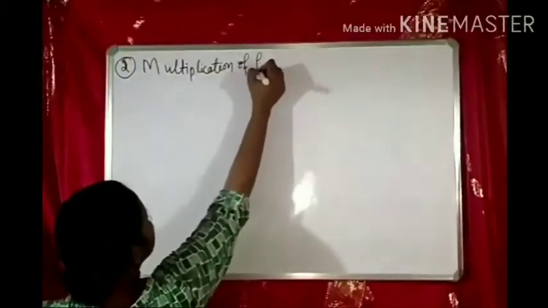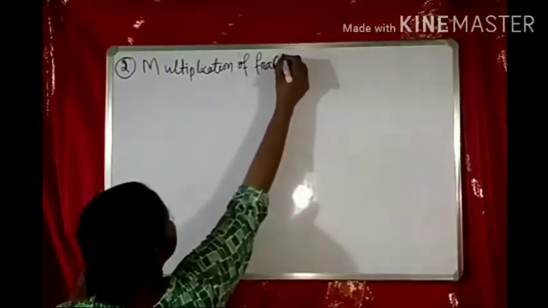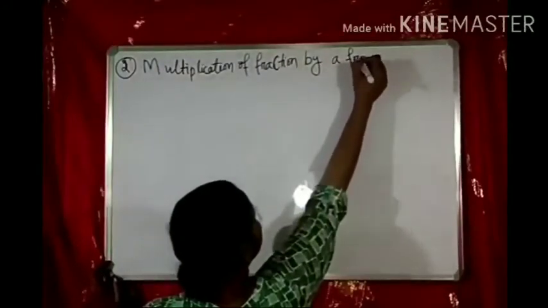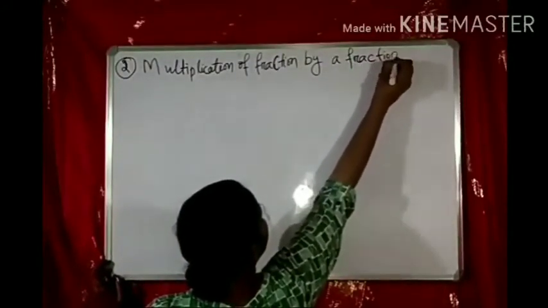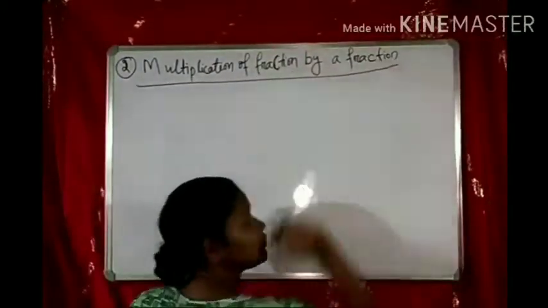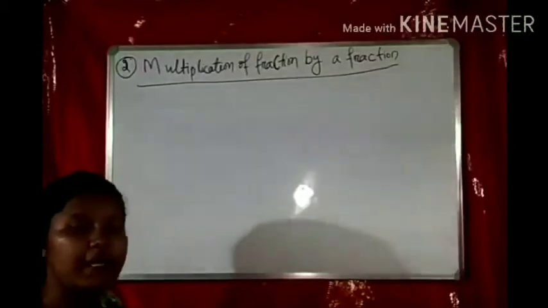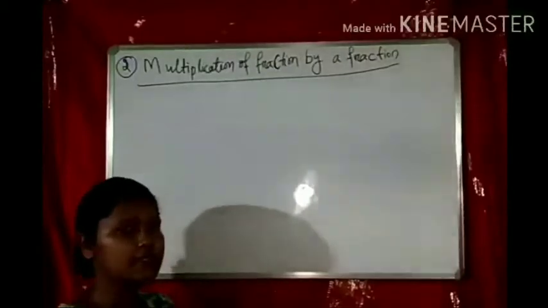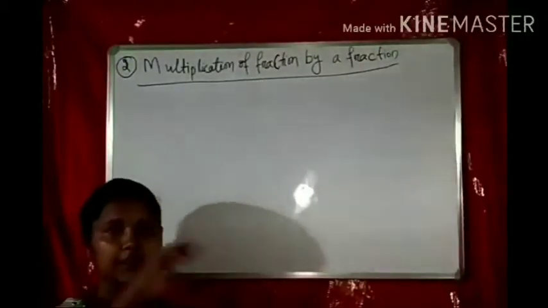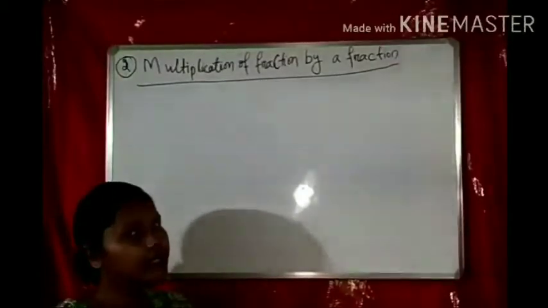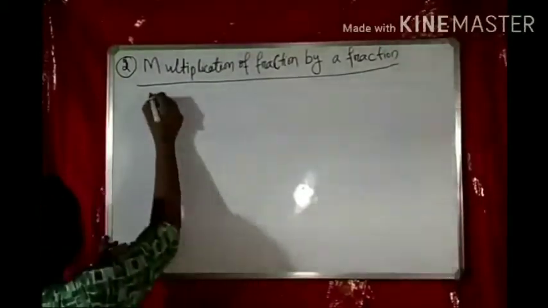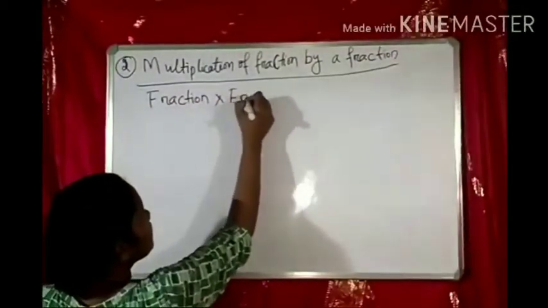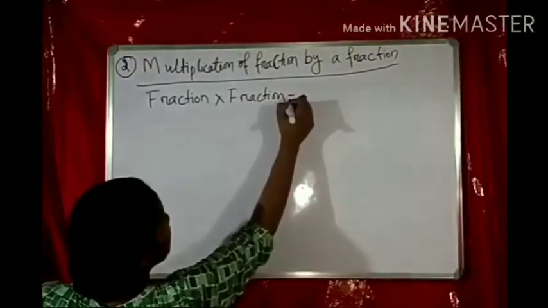Multiplication of fraction by a fraction. So if we are multiplying a proper or improper fraction with another proper or improper fraction, then we have to multiply the numerator with numerator and denominator with denominator. So let's see the example. So fraction into fraction equal to